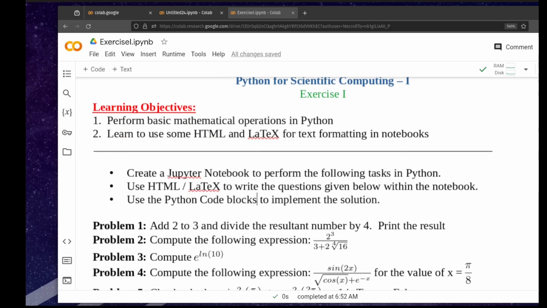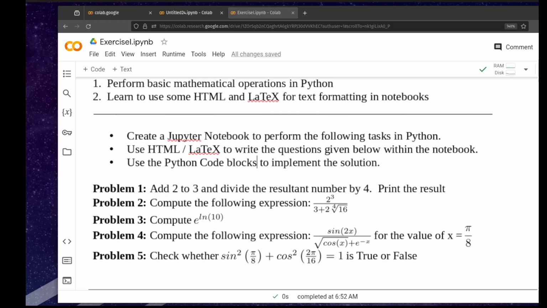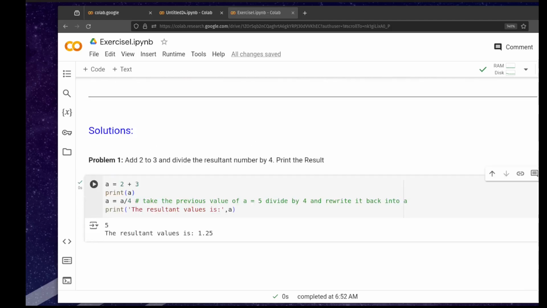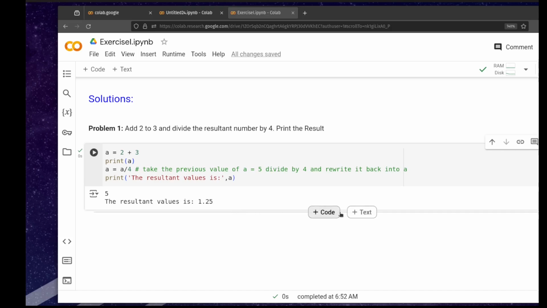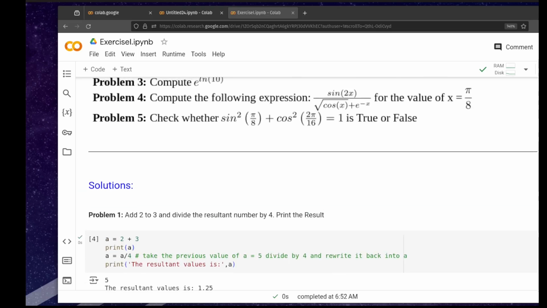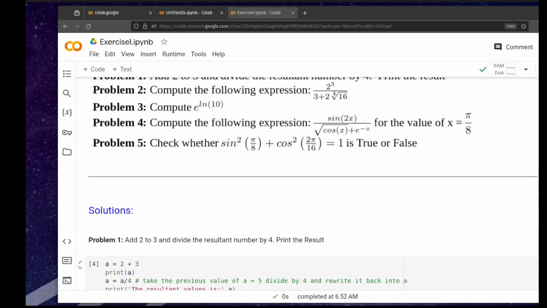The second problem is we want to compute the following expression: 2 cubed divided by 3 plus 2, the fourth root of 16. So I'm going to go ahead and put a text box. And this time I'm simply going to say problem 2 and then close it. So you can see it has become bold. I'm going to put a colon, and then I'm going to say the expression that I want to compute is